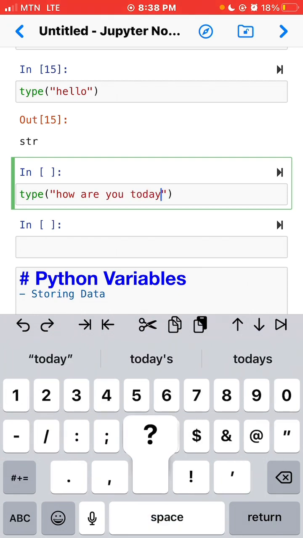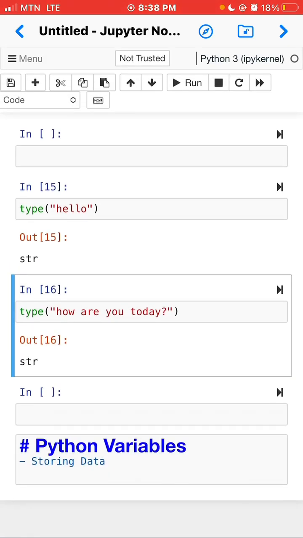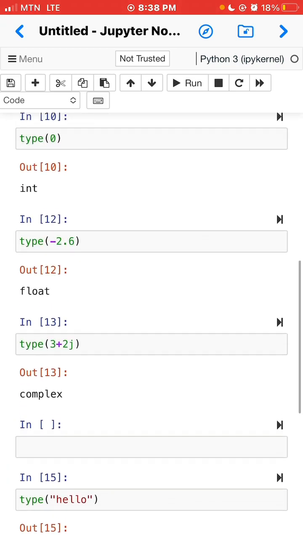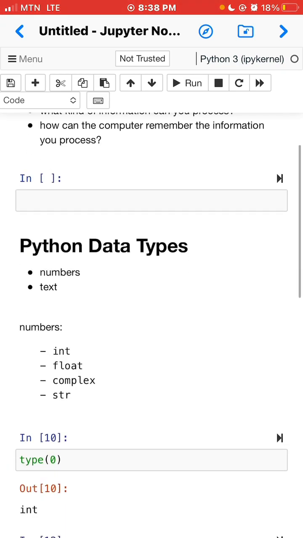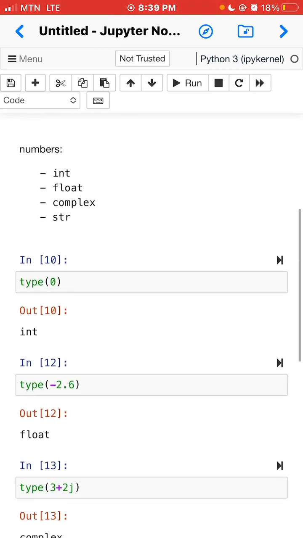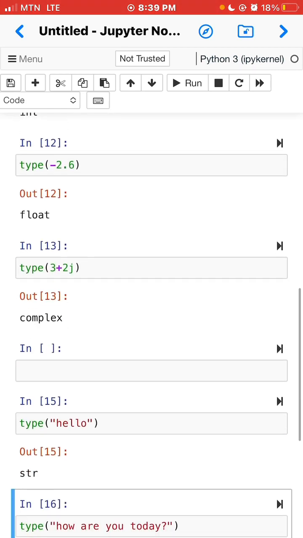This is also a string, and when you test it out, it is like this. So essentially these are the basic types of data that you can have and you can process with your Python scripts that you write. But you see, the way I have typed these numbers out